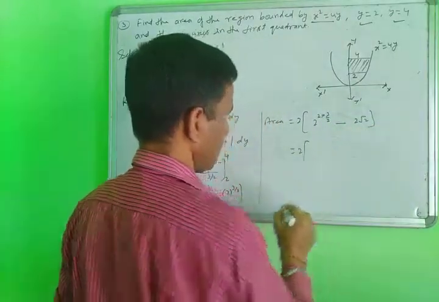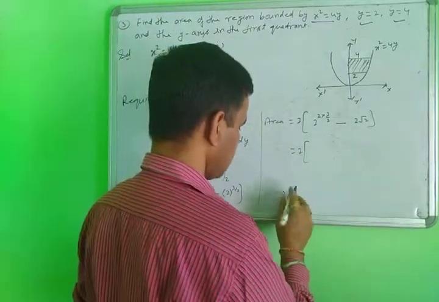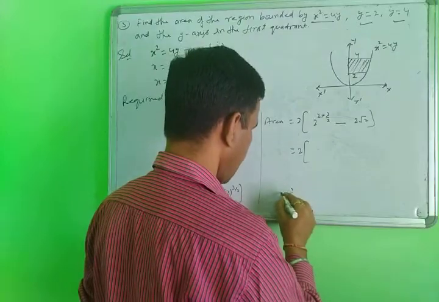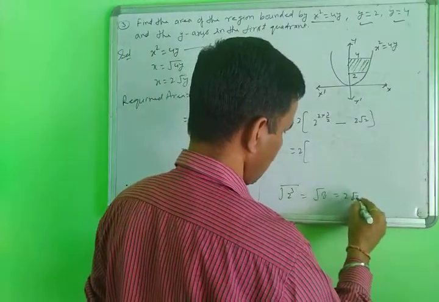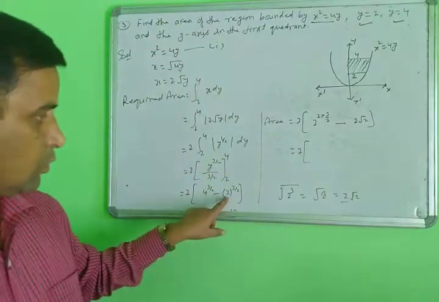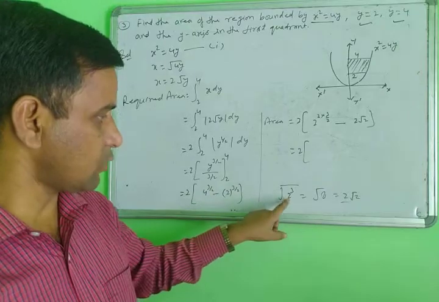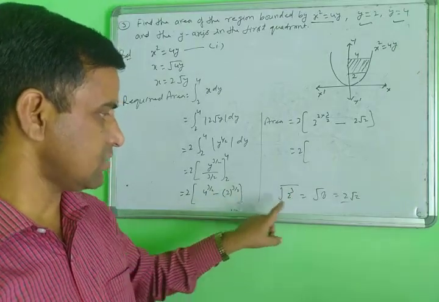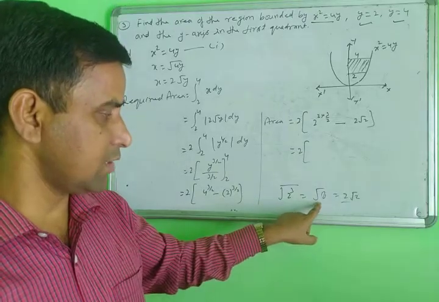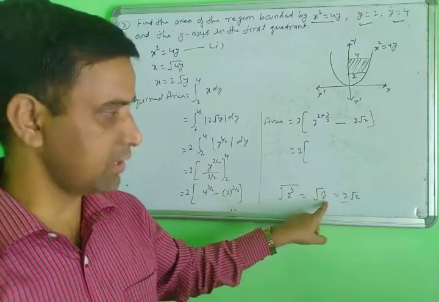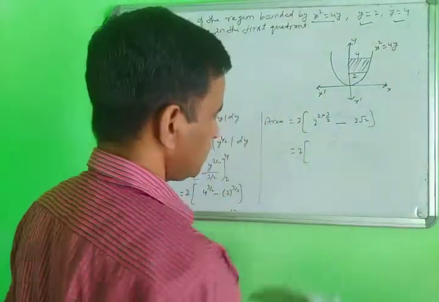Then 2 exponent 3 by 2, how to solve it? 2 exponent 3 by 2. So 2 exponent 3 with the root outside. The 2 cubed means 8, and you can write 2 root 2. 2 exponent 3 by 2, how to solve this? First we write 2 exponent 3 in a square root, since 1 by 2 means square root. So you can write square root of 8, and the square root value of 8 is 2 root 2. According to this way you solve this one.